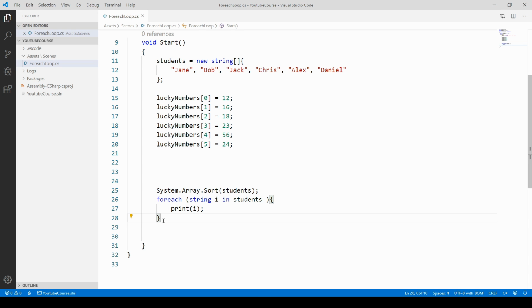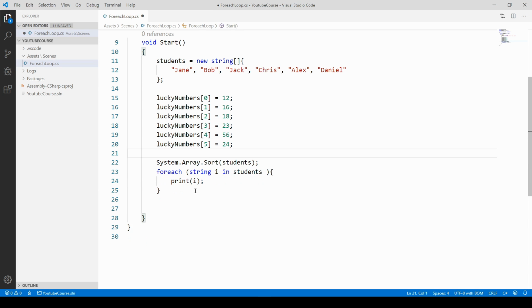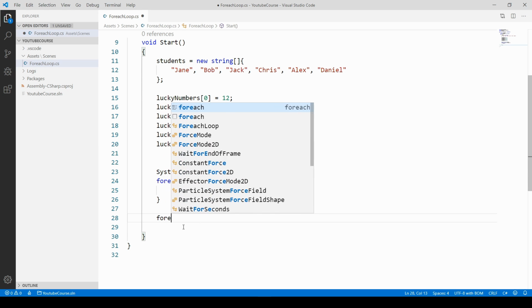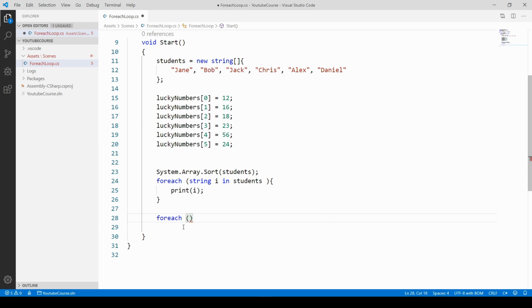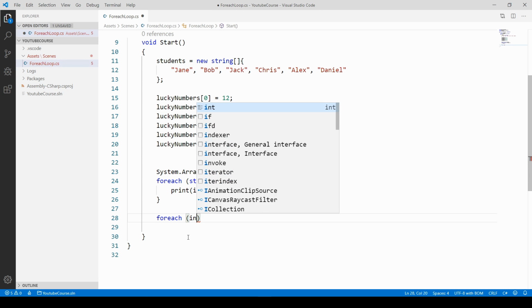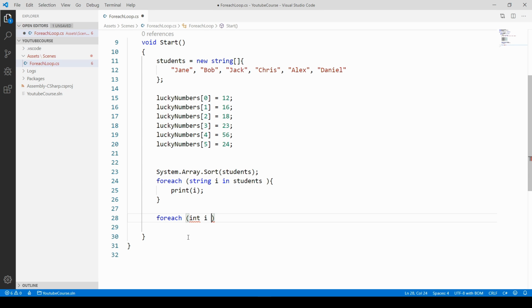So now maybe I'll leave it as it is, and let's focus on the numbers. For now, let's just print all of those numbers. How to do it? Use foreach. And now, because numbers are of type integer, we have to use an int. So say int, use an i,